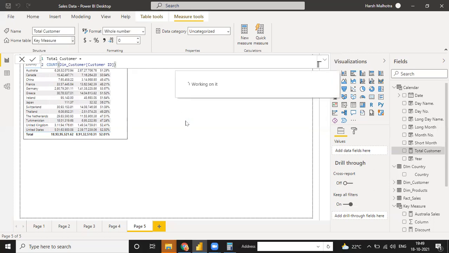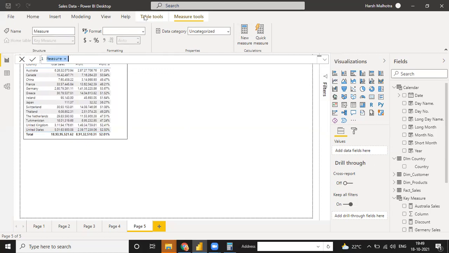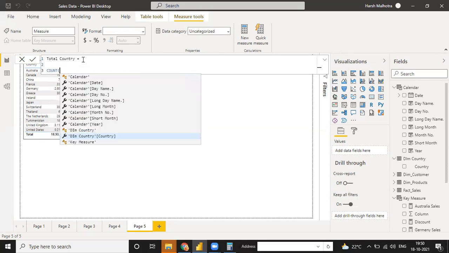And now guys tell me, I am asking you for one measure: how to evaluate the total number of countries used in your chart, in your data. Tell me a measure name. Guys, you need to speak, because otherwise you cannot learn the data. Tell me how to evaluate this. I need my total country. Use COUNTROWS on the country table. Sorry, COUNTROWS on the country table. COUNTROWS, or you can just put COUNT.